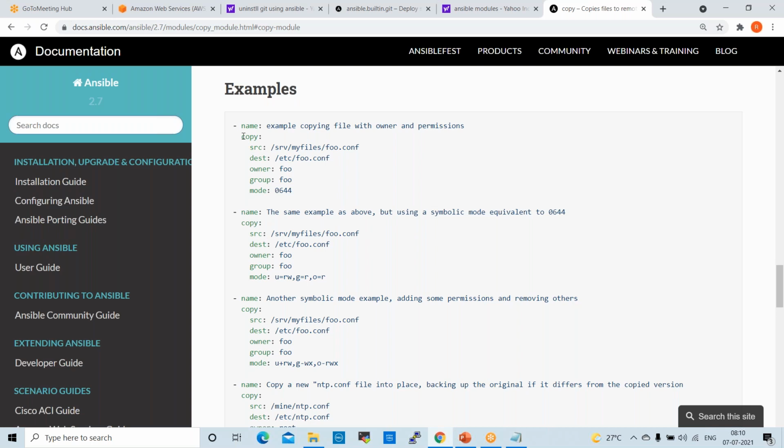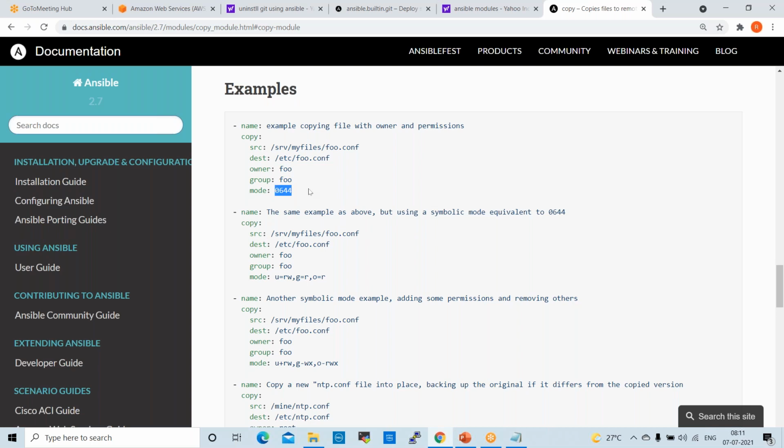This is the copy module, right? From here you can copy. This source is the default one which they gave. But as per your laptop and your folder structure, you need to give the source path. And where you want to paste this file, you can give another path, from one path to another path. Also the owner name, root or whatever, group name, and mode, the permissions, you can give.